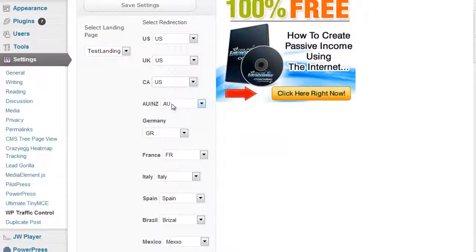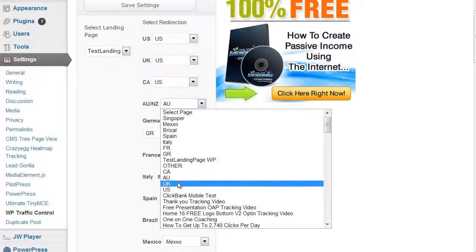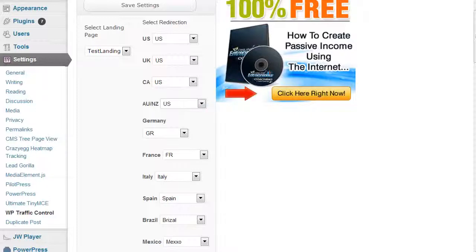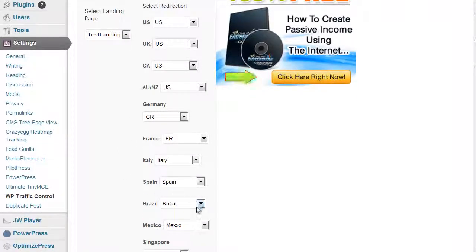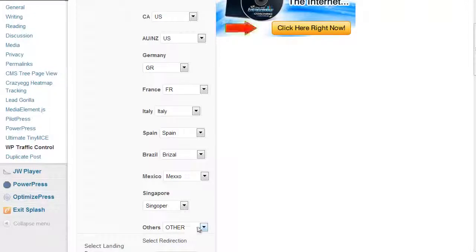Now, the cool thing about this is, from a user experience, it becomes totally different, because all these are predominantly English-speaking countries. Now, all of a sudden, when you get to Germany and France, you may want to have a separate landing page. And I know before you freak out and go, but I can't speak German or French, don't worry, just go to someplace like Odesk, have it translated, whatever the case may be. Or you say, I'm going to send this to my products, and I'm going to send this to a Germany BizOp CPA offer, maybe a France, Italy, Spanish. Just think of all the stuff you could do. And then you get to other.